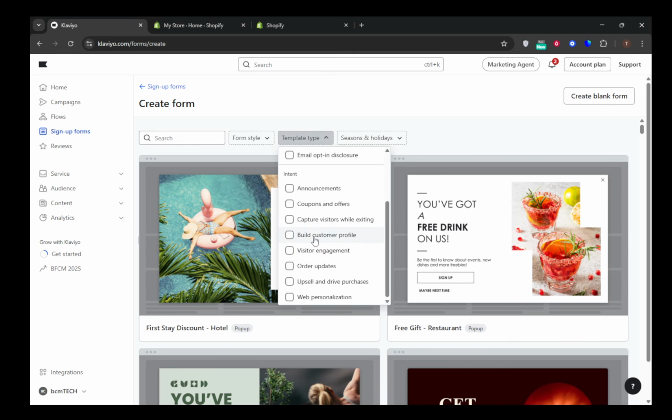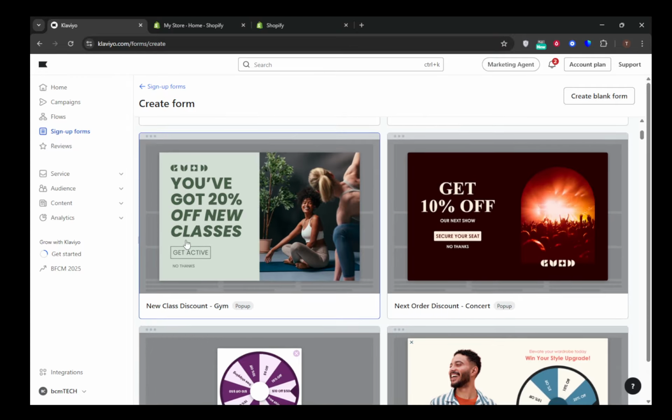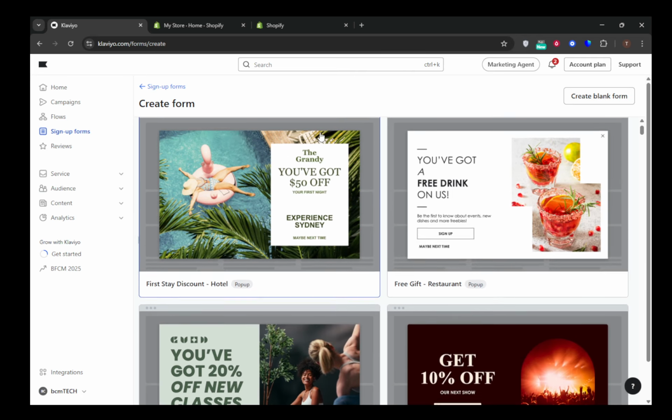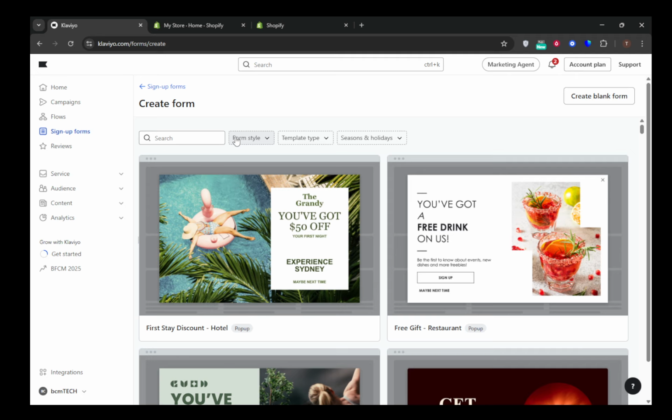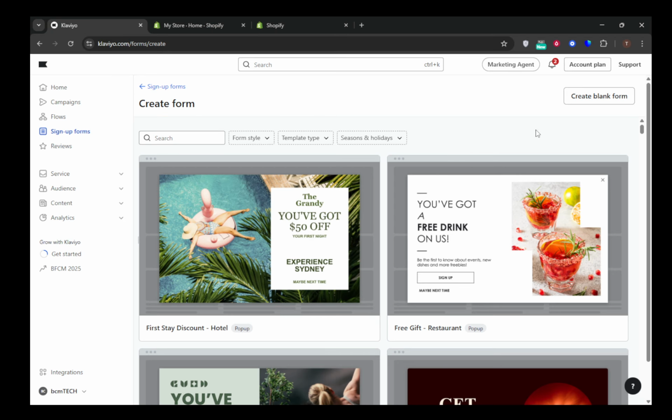As a helpful note, you can always retrieve this code later by checking the Targeting and Behavior tab within the form editor if needed. Now let's move on to adding this code into your Shopify store. Depending on where you'd like the form to show up, there are several approaches. Firstly, if you want the form on a standalone page, like a subscribe page, head to your Shopify admin and